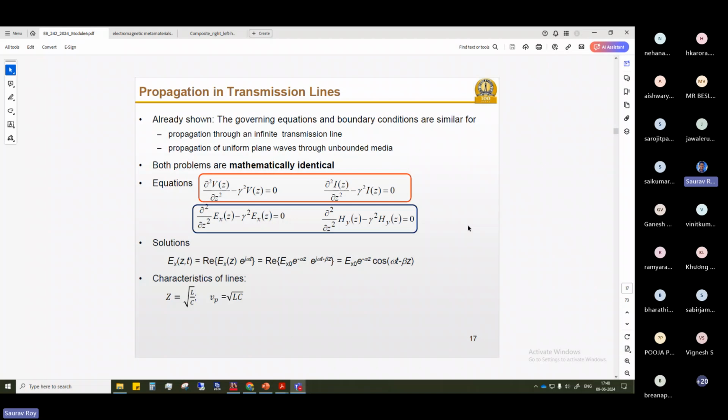They have a lot of applications. There are many ways people have come up with to design a negative epsilon and mu material, or negative refractive index material. I don't know if you heard about the first scientist who